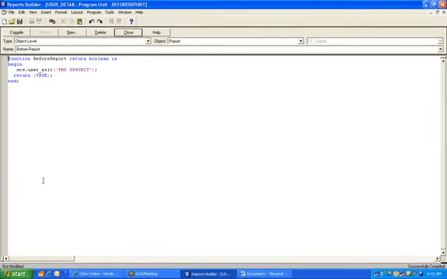I'll tell you what is the necessity of writing these things. Whenever you want to register an Oracle report in the Oracle application, there are three mandatory steps. One is P_CONC_REQUEST_ID, which is a variable you have to declare. Because whenever we submit a concurrent program, a request ID will be generated. A unique request ID will be generated, and to capture that request ID, you need P_CONC_REQUEST_ID. And then